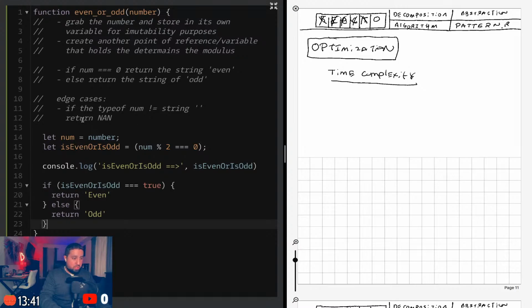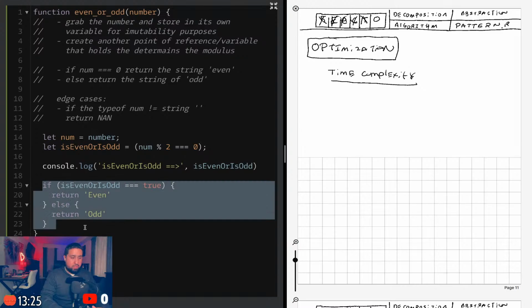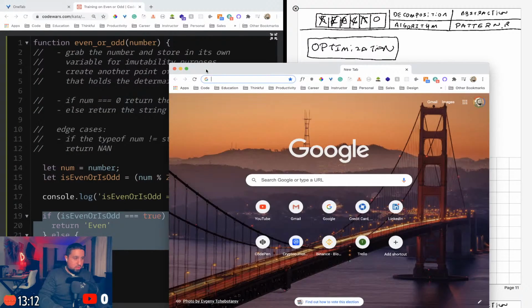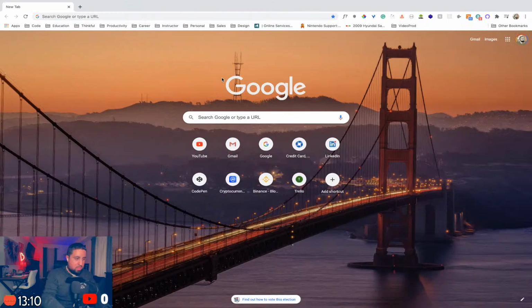So I'm gonna look this up. I have two variables, right? But I'm not running anything, so that's more of a space complexity type of analysis question I need to ask. The only thing I'm doing really is a comparison, some logic that says if this thing is true or if it's false, return this. So most of the challenge is trying to figure out the complexity of time. All right, let's do this.